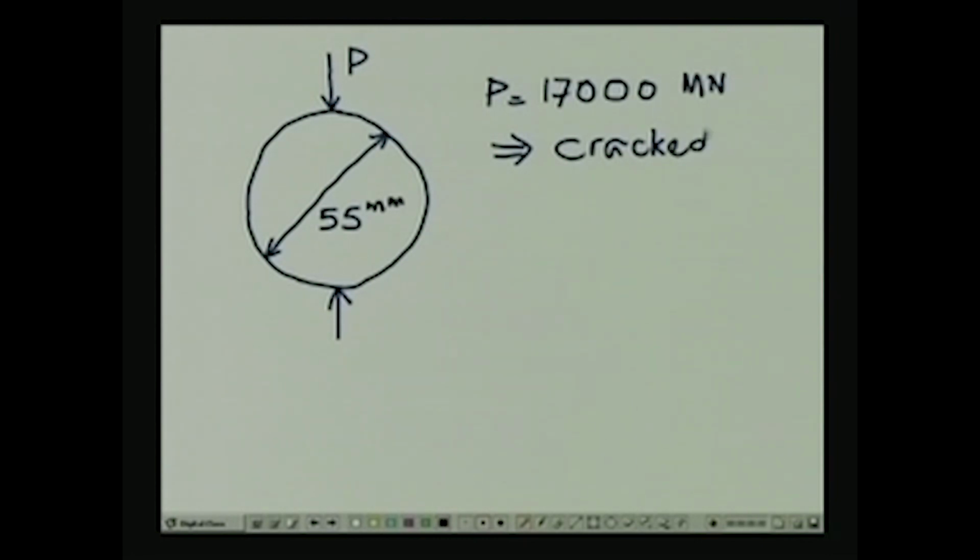So, this is the problem, and based on this data set we are going to